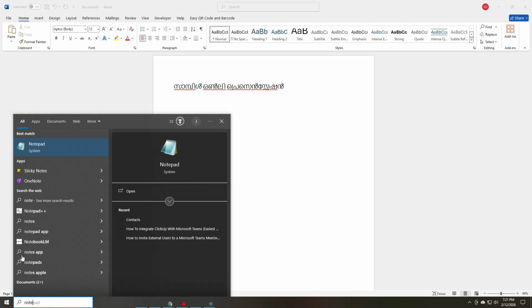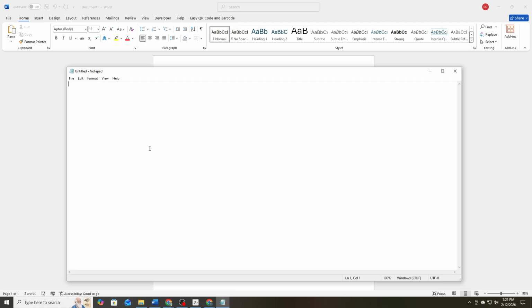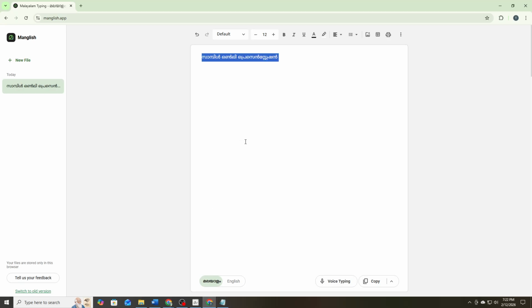If you want to use Malayalam in Notepad, open Notepad and paste the copied text. Notepad supports Unicode text, so the Malayalam characters will appear correctly without any extra setup. This is useful for saving notes, drafts, or simple text files in Malayalam. For typing Malayalam in Chrome, simply paste the text into any supported text field, such as email drafts, online forms, or social media posts. The pasted Malayalam text will display correctly as long as the website supports Unicode, which most